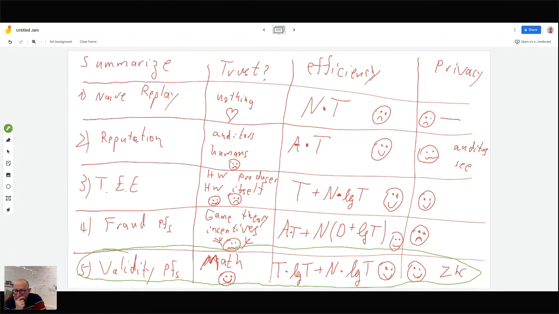Okay, next question by Ben. I guess for validity proofs, the users have to trust the mathematicians and CS gurus. I trust you, thank you. But I trust you, Ben. But for example, a tech distrusting politician may suggest that we not trust the math. I guess this is insoluble.